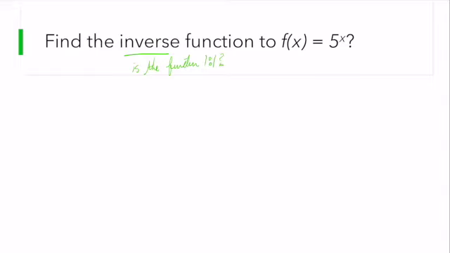Remember, all exponential functions look kind of like this. So this passes the vertical line test and the horizontal line test. So this function is 1-to-1. It's going to have an inverse. In order to find the inverse,